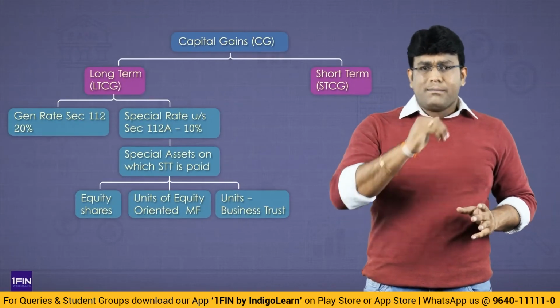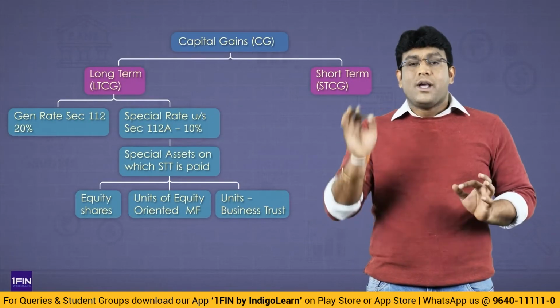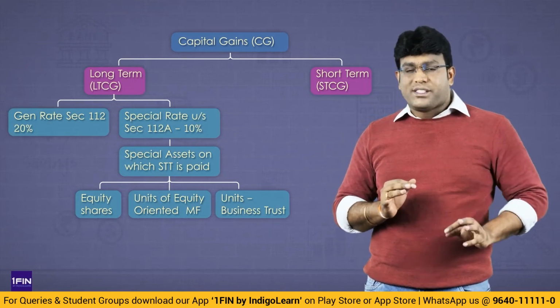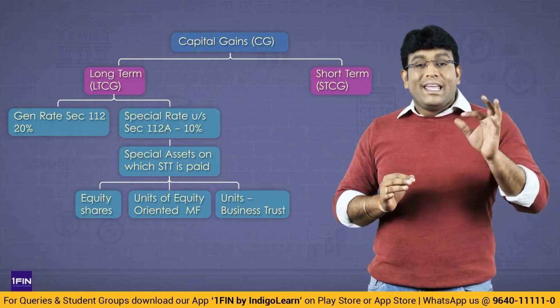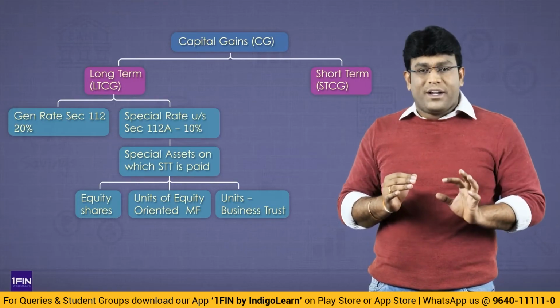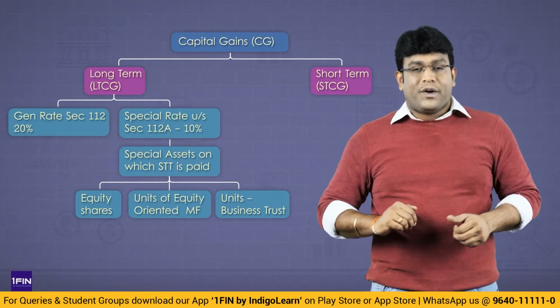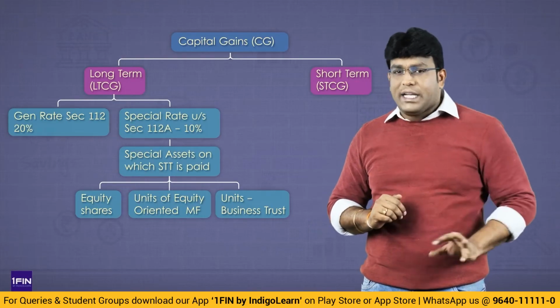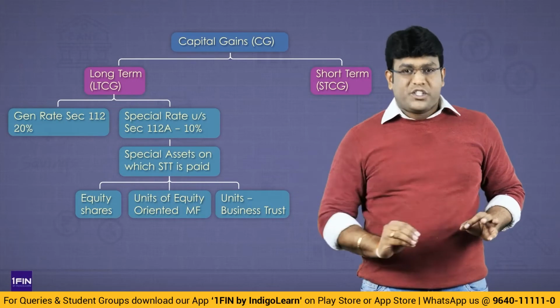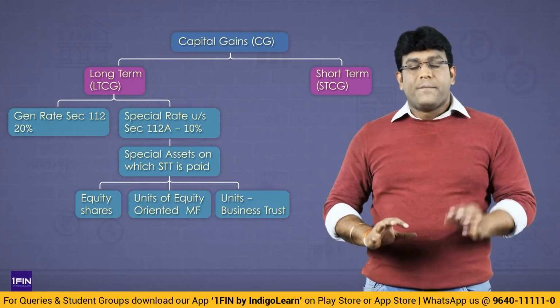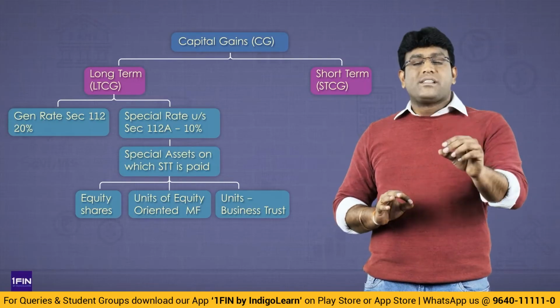Then coming back to the discussion, what is it that we discussed? Long-term capital gain on sale of equity shares or units of equity oriented mutual fund. Now I'm sure we understood what an equity oriented mutual fund is. So, long-term capital gain on sale of equity shares or units of equity oriented mutual fund or units of business